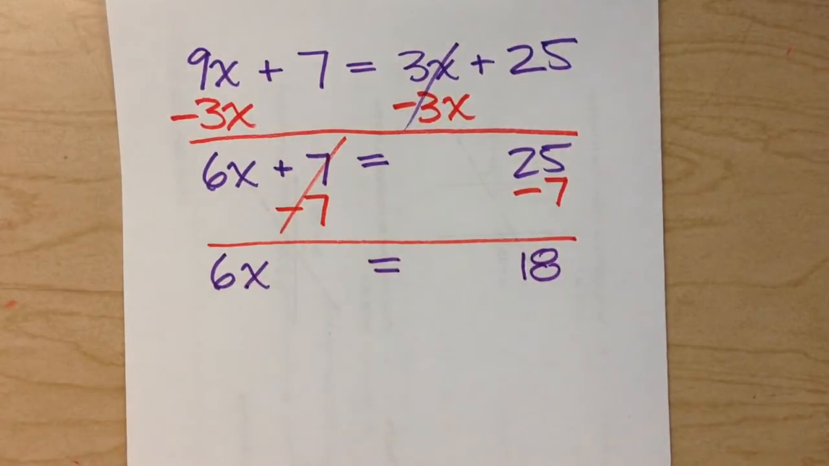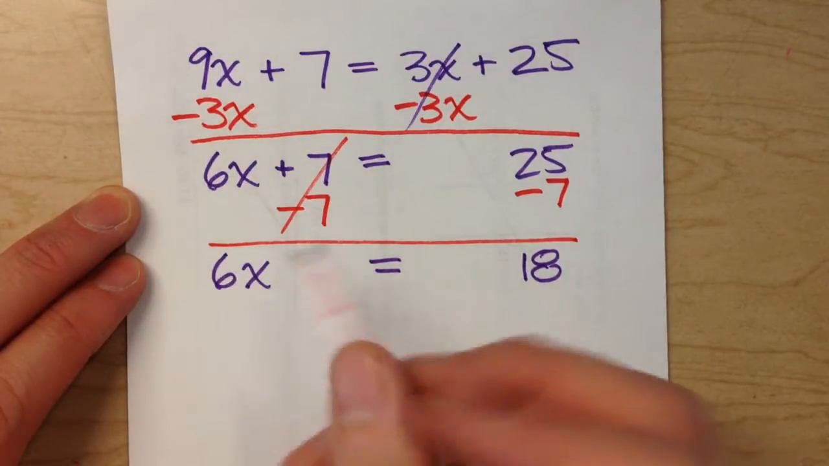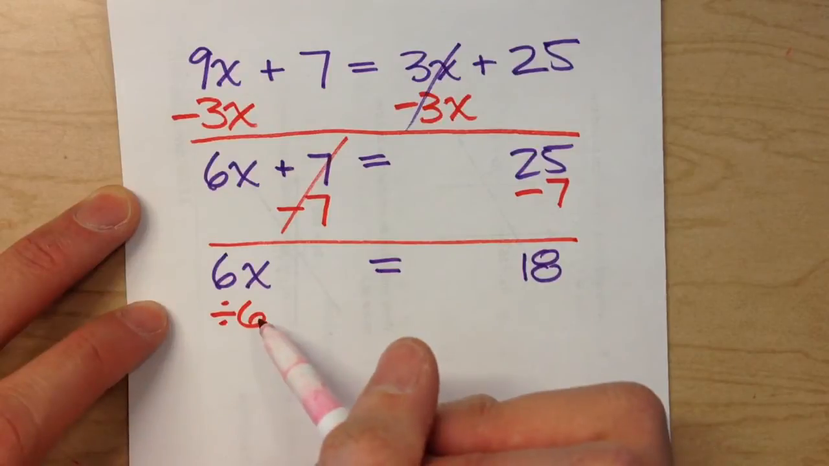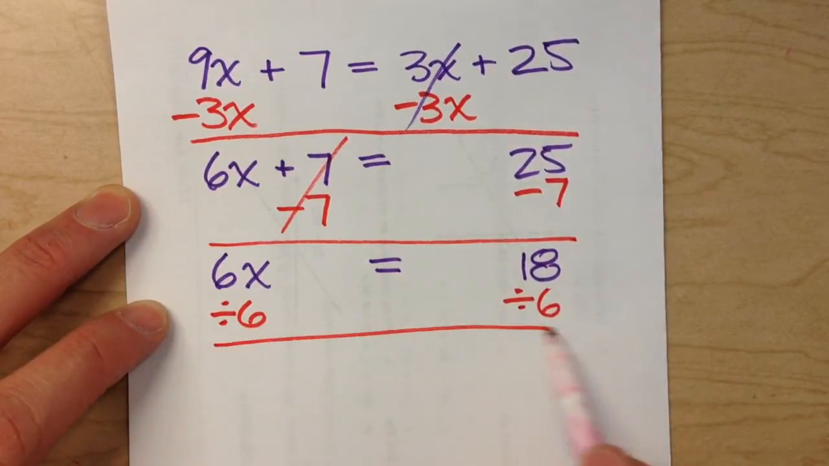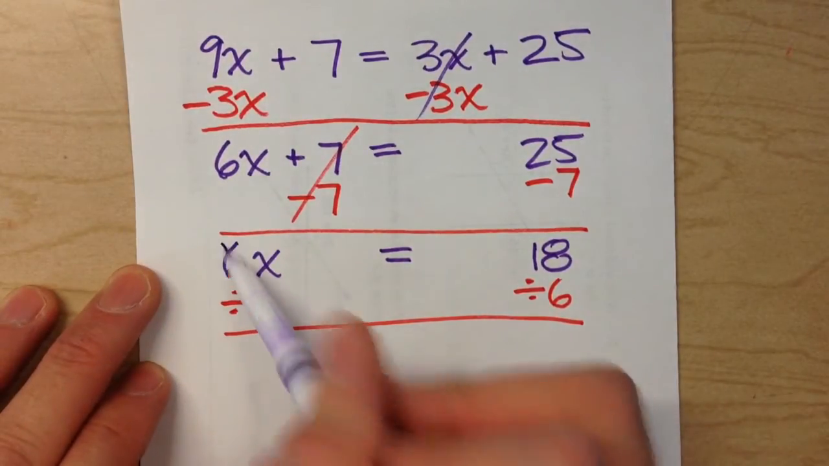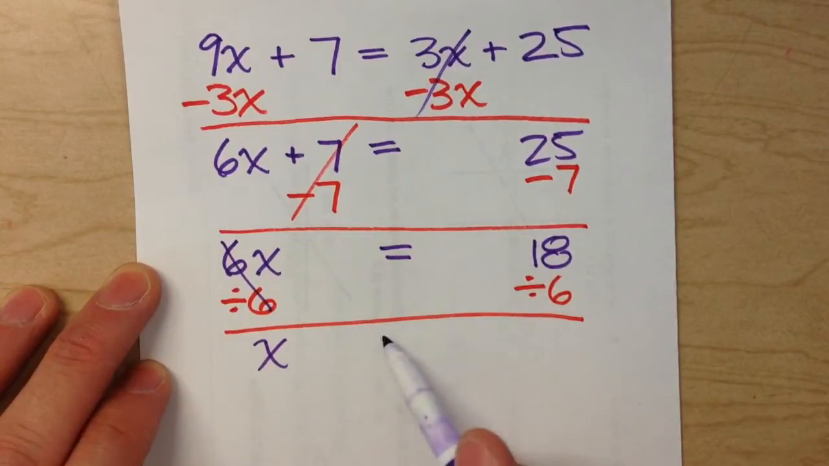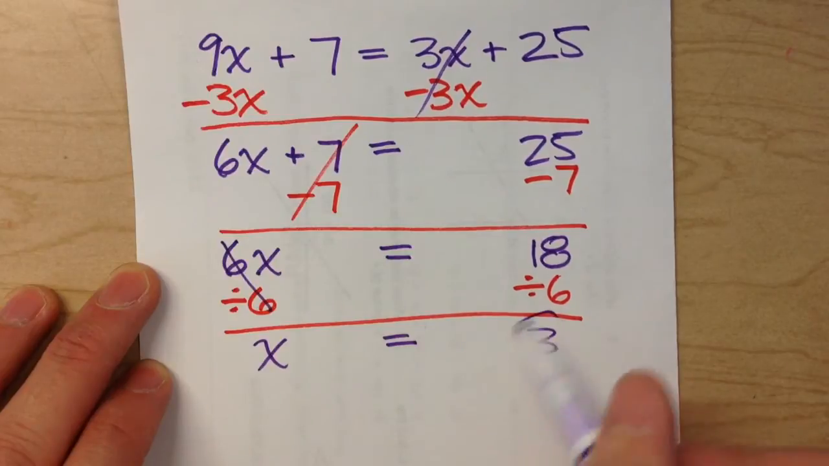And now our last step. It says x times 6, so we're going to undo multiplying by 6 by dividing by 6. But what I do to one side I have to do to the other. So multiplying and dividing by 6 undo each other. So the x drops down, the equals drops down, and 18 divided by 6 is 3, and that is my